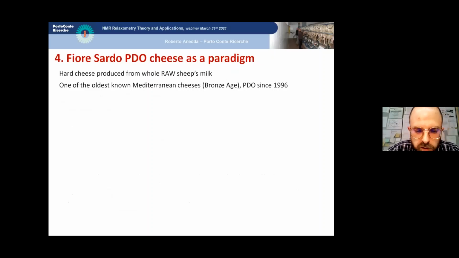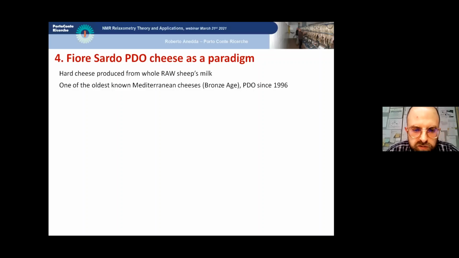Okay, after my presentation, Elena will show some results on milk and curds, but I would like to explain our work on mature cheese, and I will be concluding very shortly. This work was made on a typical Sardinian cheese called Urasado. It is a hard cheese and must be produced from raw sheep's milk, milk from the Sarda sheep breed and exclusively produced in the region of Sardinia. So it's a very simple model system. This product can be considered a model because thermal treatments are very limited.